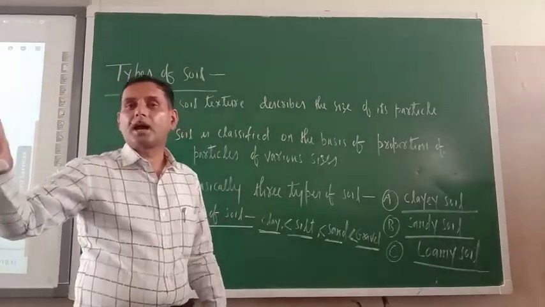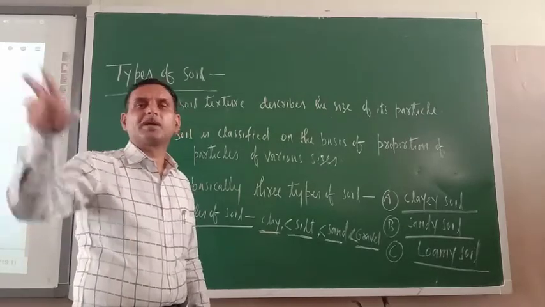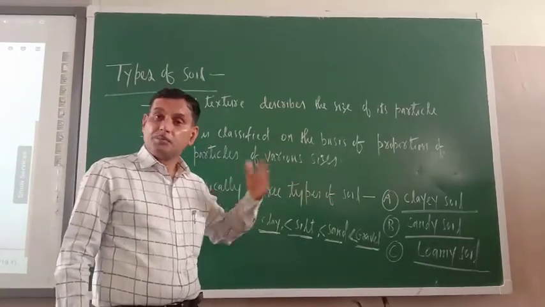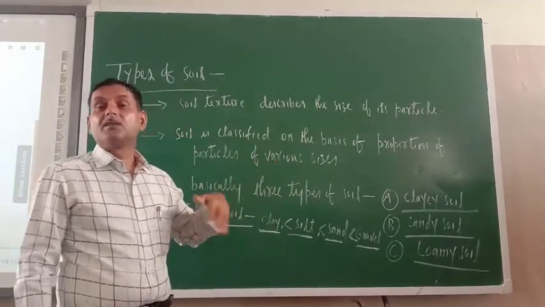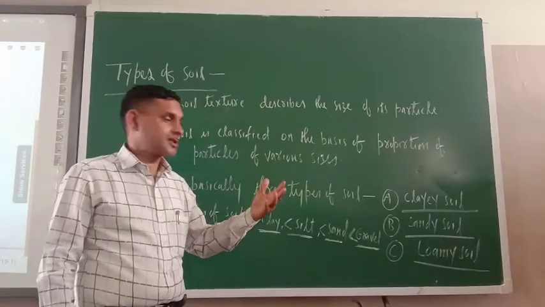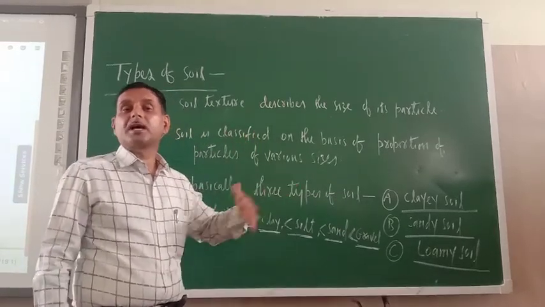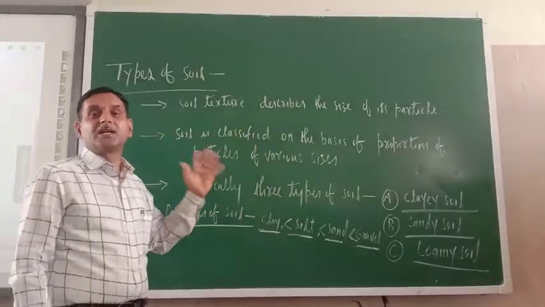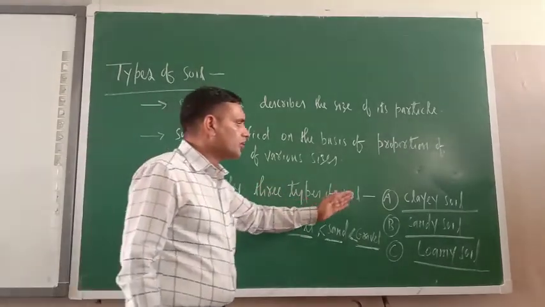For a particular crop, a particular type of soil is suitable. Like for paddy crops, clay soil is the best suited because of its certain features. Similarly, for mustard, for lentil, and for some other types of crops, sandy soil is also good. For coconut, different types of soils are required for different types of crops. In subsequent topics, we'll discuss all those things. Now, first of all, I am taking you to clay soil.